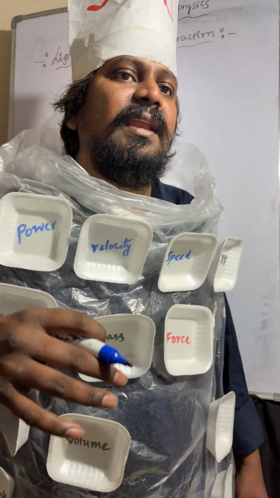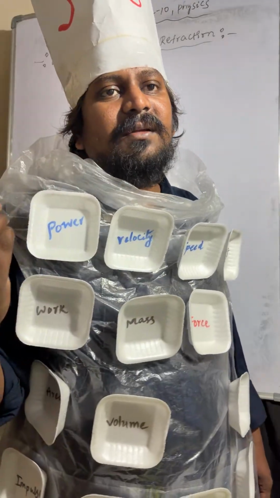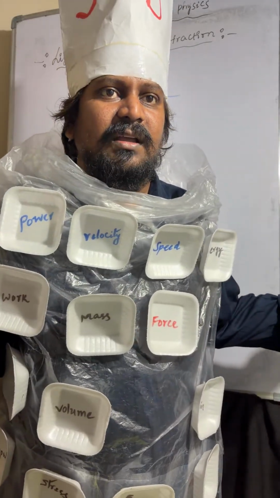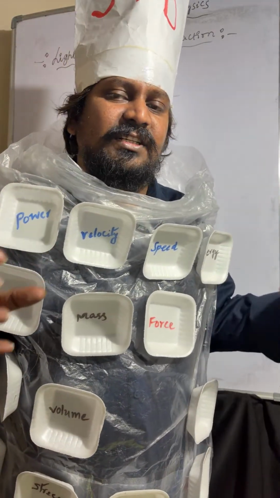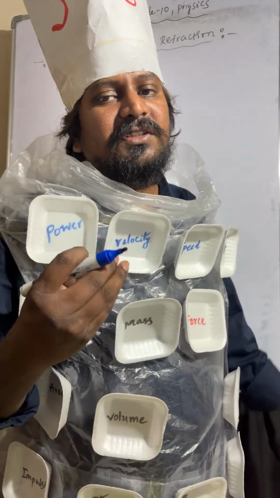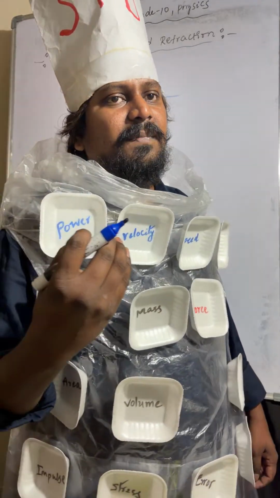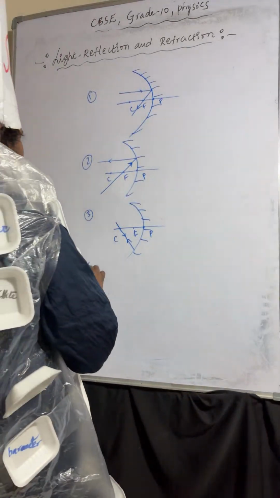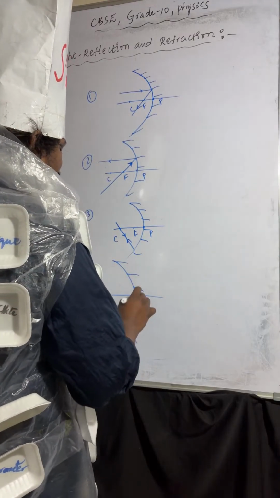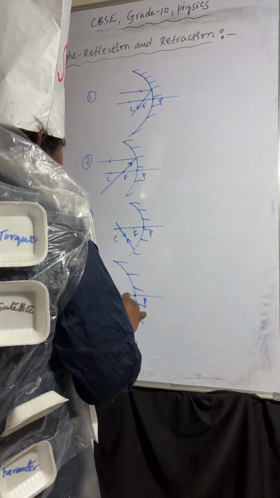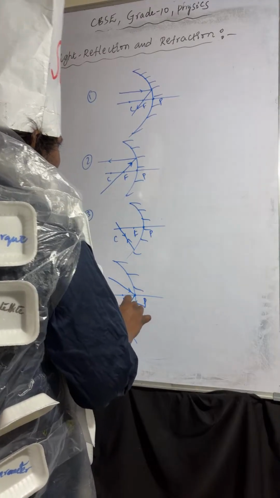It moves in the same direction. It reflects back into the same medium. So we can say, when a light ray is passing through the center of curvature, after reflection the reflected ray retraces its original path, or moves in the same direction, or reflects back into the same path. Like this we can say. And coming to the fourth one, this is the pole, focus and center of curvature. When a light ray is incident at the pole, it reflects back.